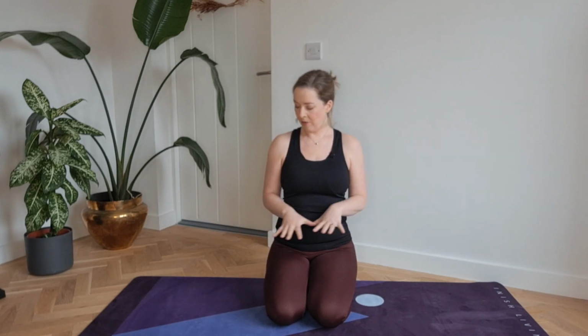So cat-cow is a yoga move. We're moving between two yoga postures, the cat and the cow. It is a floor exercise, so I've got my mat out here today. If you have any knee problems, we're going to be on our hands and our knees for this one. So if you have any knee issues, you might want to get a towel or a cushion, and you can